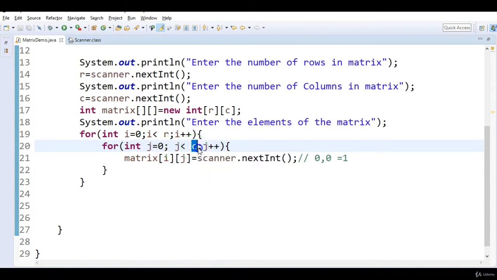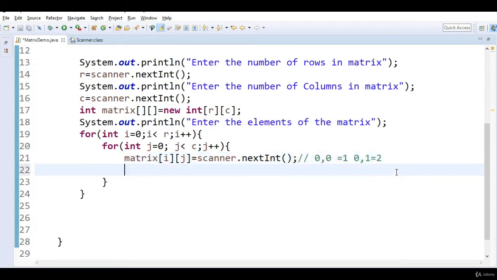Is it true? Correct. So now i will be 0 and j will be 1. At the 0,1 position we are storing whatever value we enter from the keyboard, which is 2. So this is how we do it. 0,0 is done, 0,1 is done. What is the next one? 1,0, 1,1.